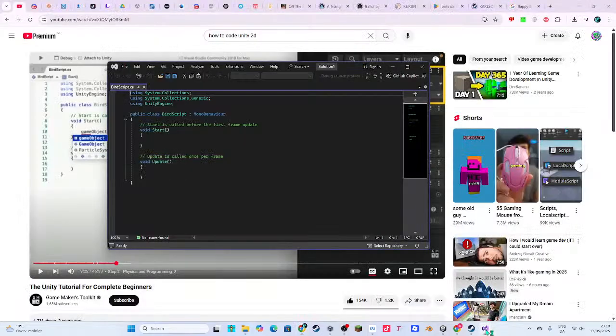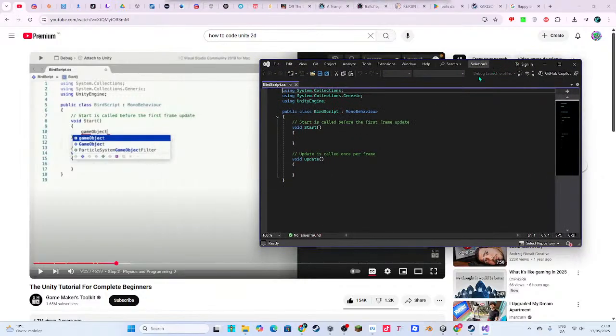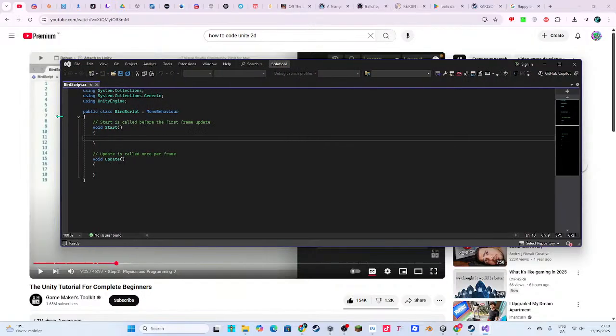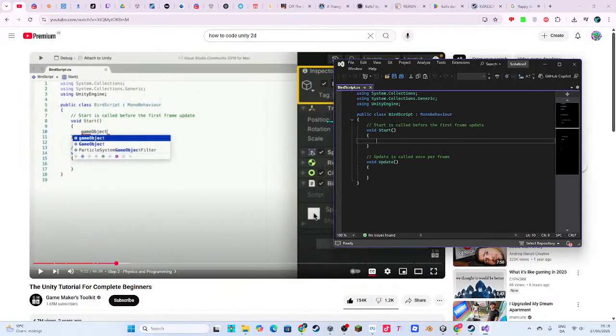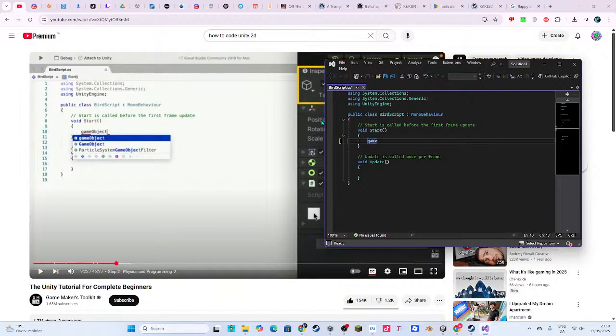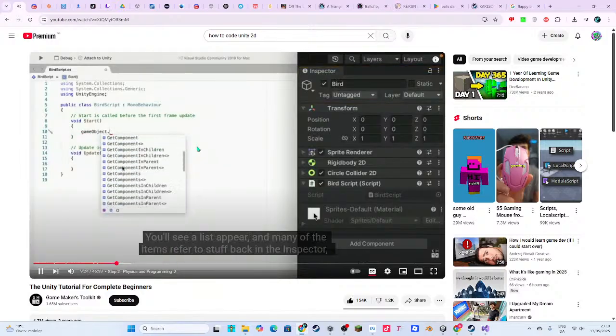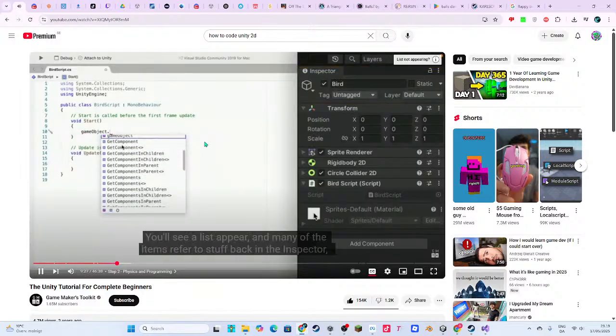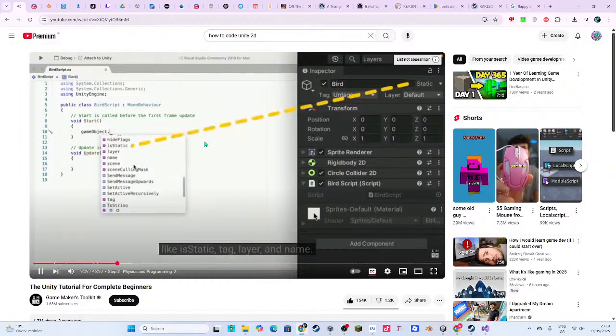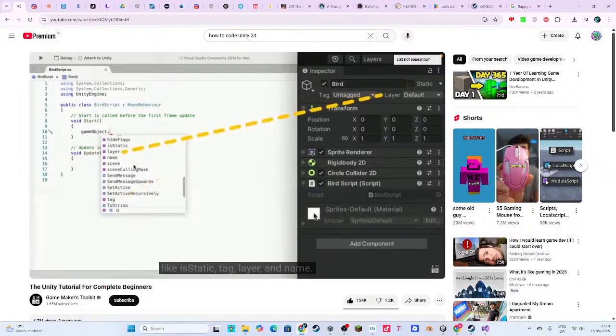Let me just do this. And then a dot. You'll see a list appear, and many of the items refer to stuff back in the inspector, like isStatic, tag, layer, and name.